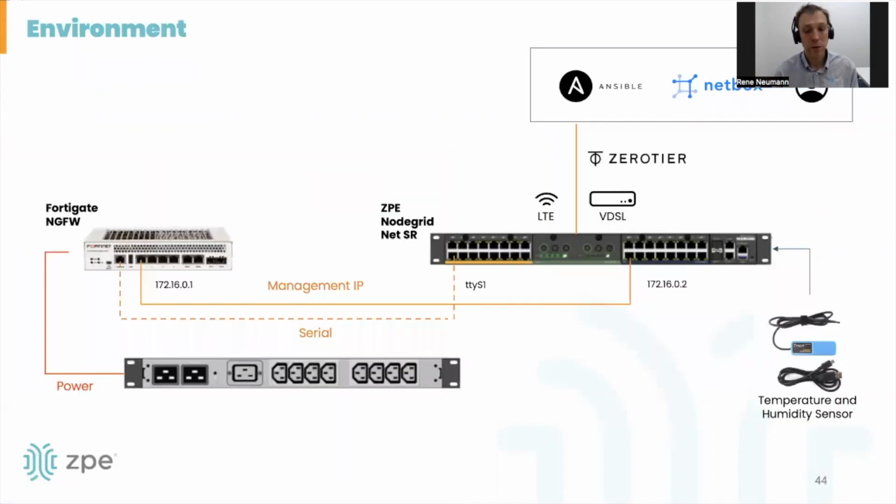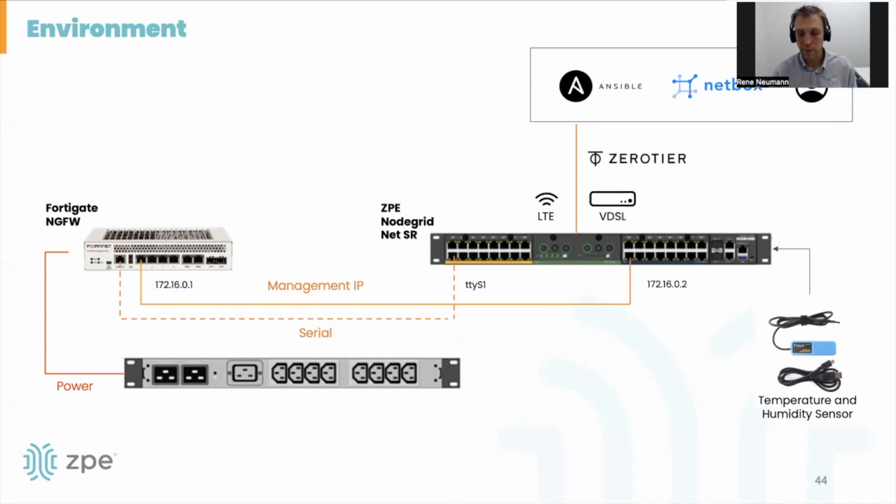If you look at the environment, then you will see on the left-hand side a FortiGate branch router, which is connected to a rack PDU. We can use the rack PDU to power control the unit in case it is in a failed state. And additional to that, we have two management interfaces to the FortiGate. One is a standard console interface, serial connection, and the second one is an IP-based management interface, which provides us access to the web UI as well as the SSH connection to the device, which we can use to interact with